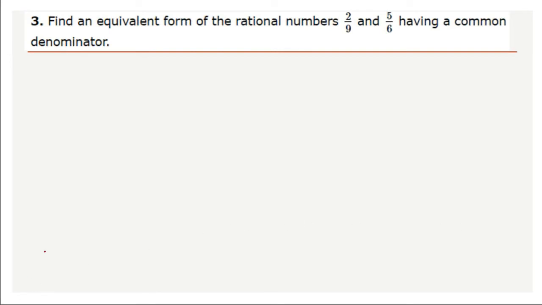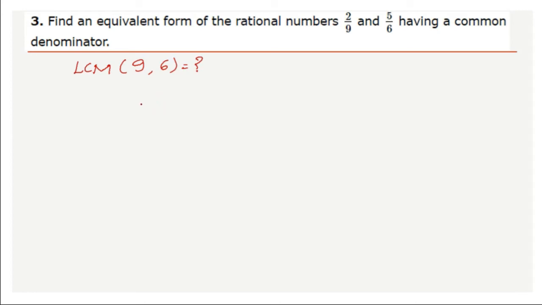Question number 3. Find an equivalent form of the rational numbers 2 by 9 and 5 by 6 having a common denominator. In order to find the common denominator, let me find least common multiple of the denominators, that is 6 and 9. To find the least common multiple,